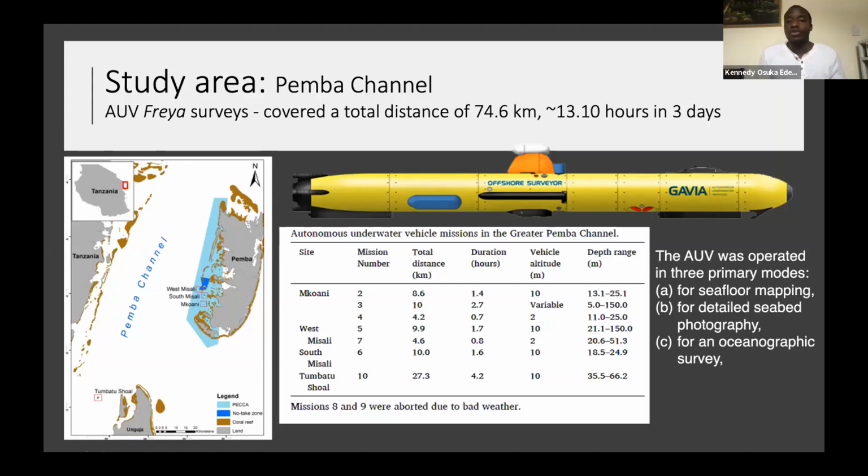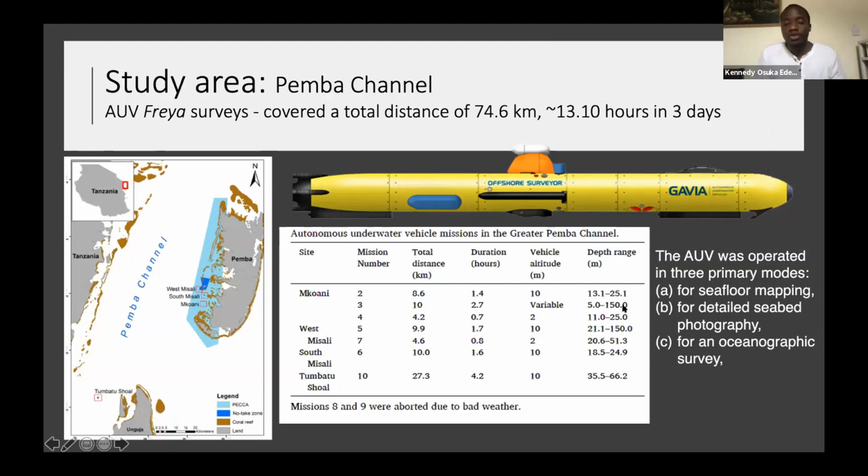So the AUV was deployed in different manners. One was deployed for seafloor mapping, where the AUV was flying at 10 meters above the seafloor. The second was for detailed seabed mapping or photography, where the AUV was flying 2 meters above the seafloor. And lastly was for an oceanographic survey, where the AUV would fly at variable depths, starting from 5 to 150